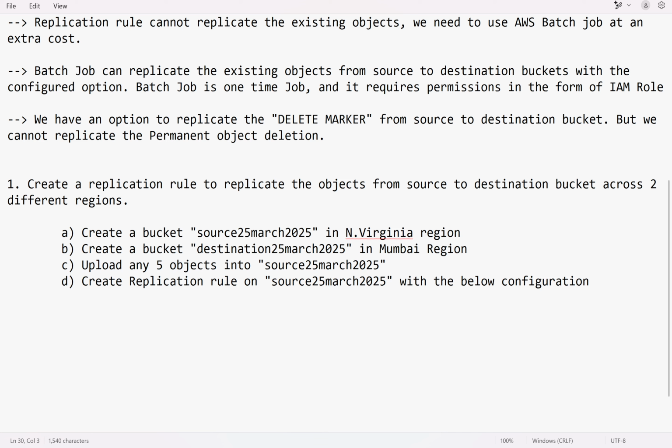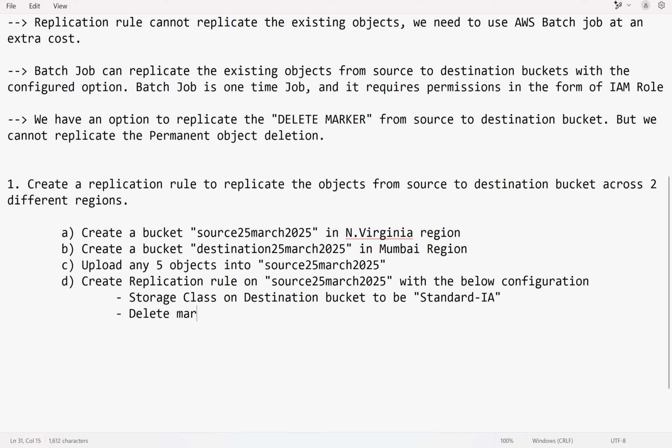Okay, and forget one point. While you're replicating, you can change the storage class on the destination bucket, because we are maintaining the copy. We are replicating all the objects of the destination bucket as a backup, right? So there is no point of keeping all the data in the standard. To reduce the storage cost, I can store it into standard IA also, because that data can't be accessed regularly. So what I can do is set the storage class on the destination bucket to be standard IA,